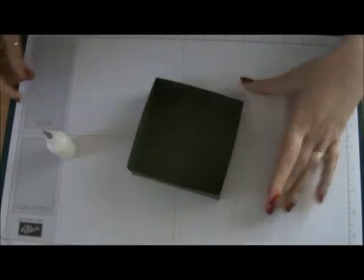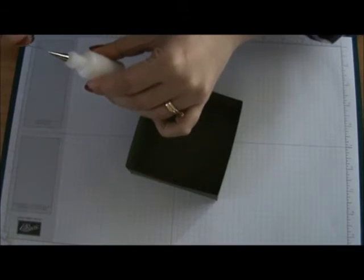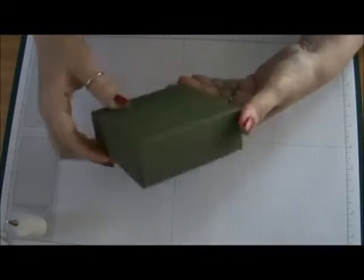Alright, so that's your lid done. All glued up. Alright, so that's the lid. Now, sorry, I was just looking at measurements. Okay, so now for the lid, you're going to need